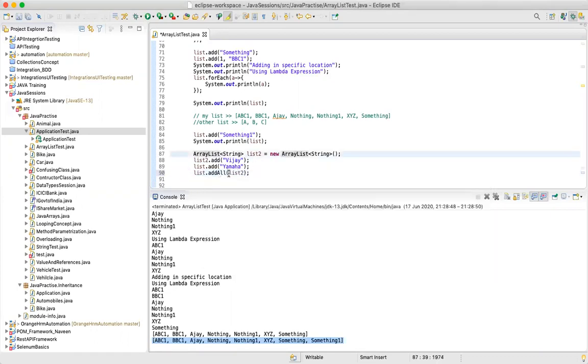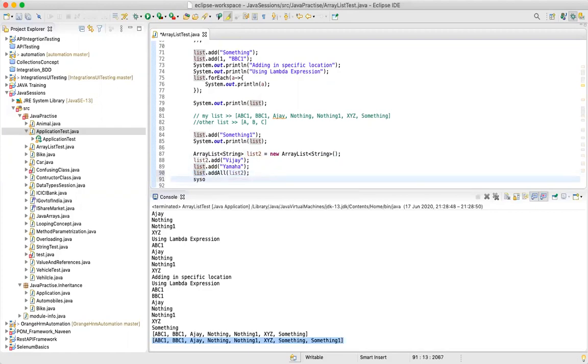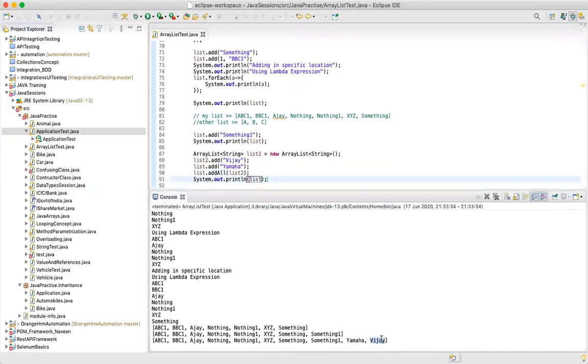So what is the role of the addAll method? It will get all the elements of list 2, and then append these elements into my main list, which is over here. Now when I print my list, see, Yamaha, Vijay.